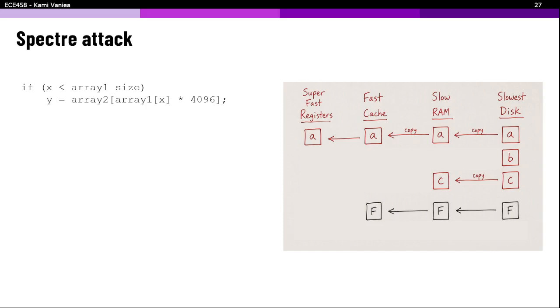Speed is something I can measure. So I can actually measure how slow something was as a programmer. I don't, again, want to go too deep into that, but you can measure whether or not something is what we call a cache miss. So let's say your code is happily executing along, and then it experiences a cache miss. A cache miss means that I want to access A, but oh goodness, A is not here, so it has to be loaded from RAM. Loading from RAM is slow. I can measure this. So the point of this attack is that if I execute the attack, it causes a change in the drawing up here.